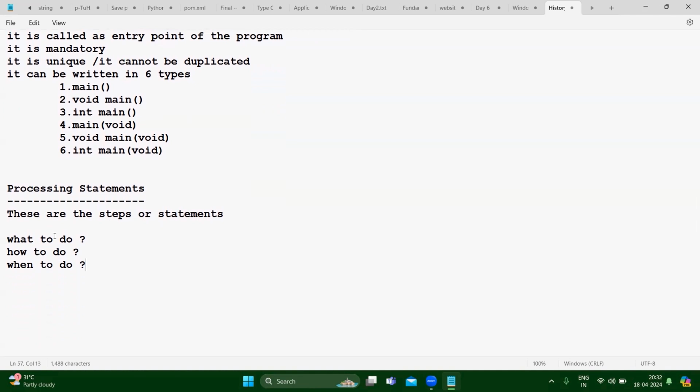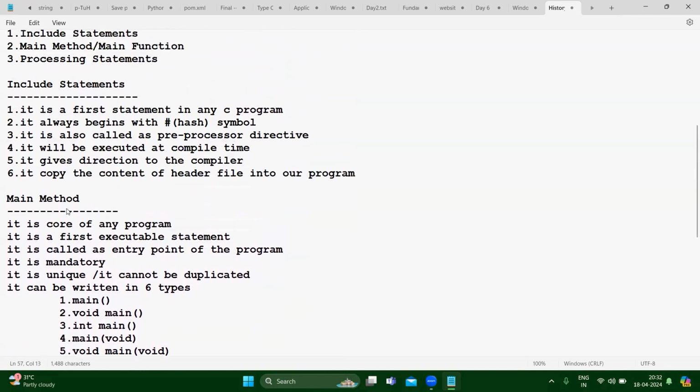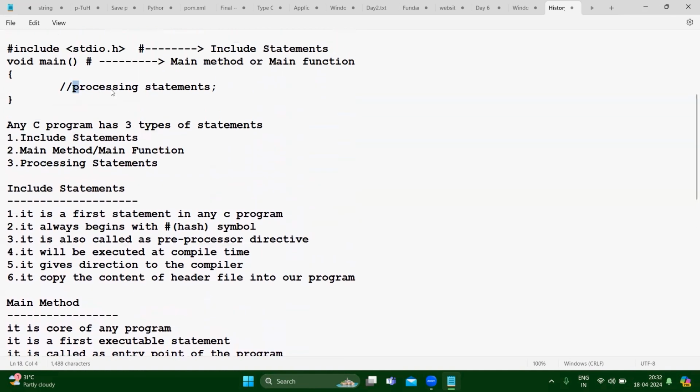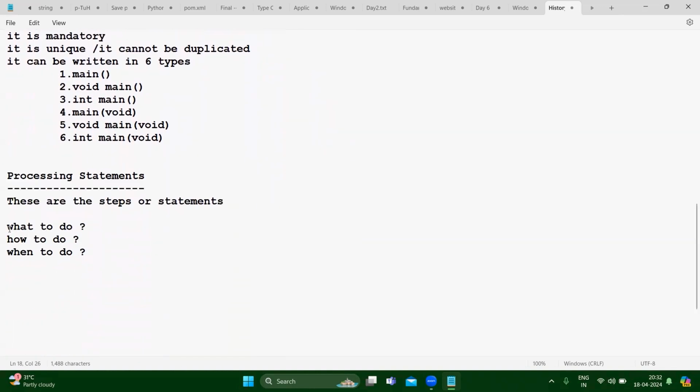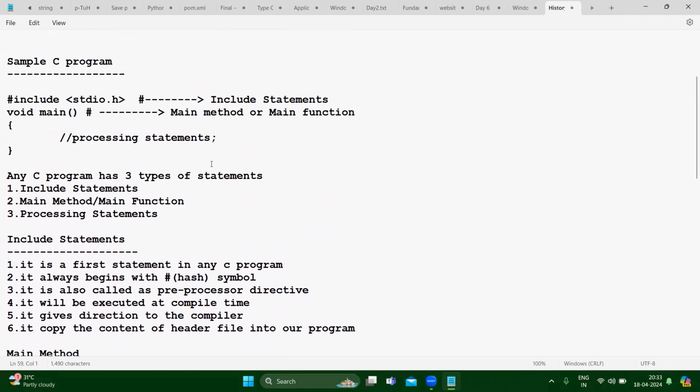So these are user defined statements. Processing statements means the statements which are passed by us. These are not predefined statements, right? We will pass the statements here, and those statements need to perform what, how, and when, at what time. Now if you observe carefully, there is a semicolon here.